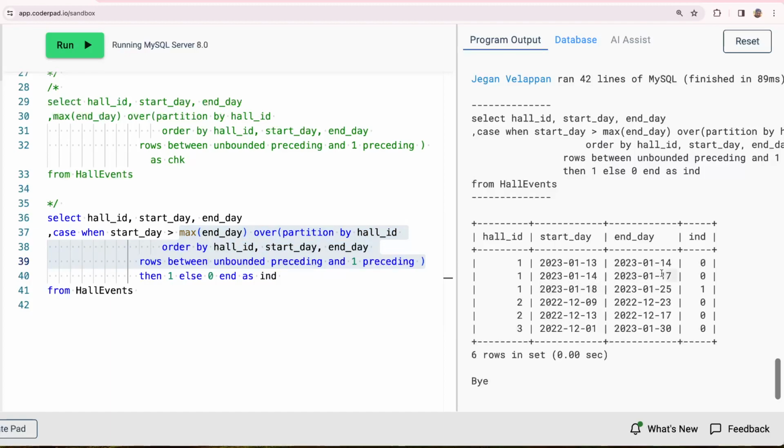So 17 is done, right? The 17th is yesterday and 18 is today, that means it's a new day, there is no overlap, then it's 1, fine. But for this one there is no previous record, so this is going to be the start of it. So how will I flag this? So we just say start date is greater than end date, or